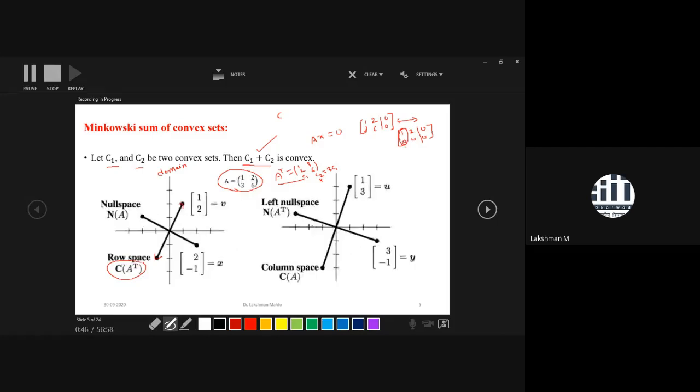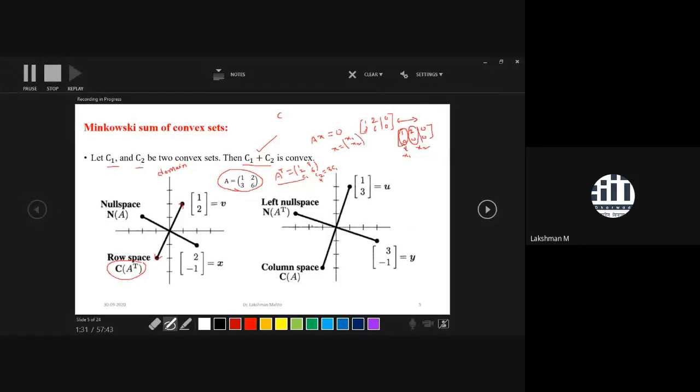This is the pivot column, and the second column in the row reduced echelon form is a non-pivot column because it does not have a leading one. The variable associated with this non-pivot column we call a free variable. Recall the linear algebra concept; I have already discussed enough regarding free variables and dependent variables. The variable associated with the first column is x, because here A is a 2 by 2 matrix. So x would be a two-dimensional vector. It will have one coordinate x1 and another coordinate x2.